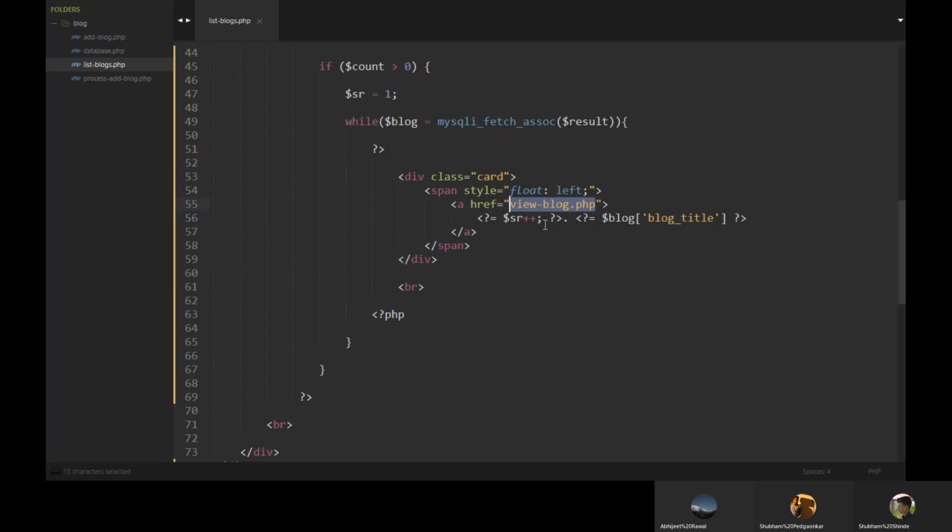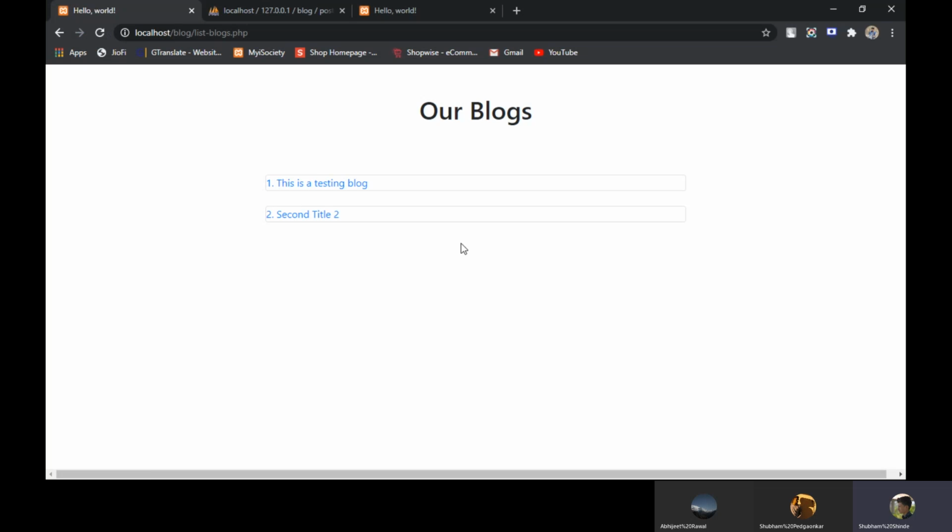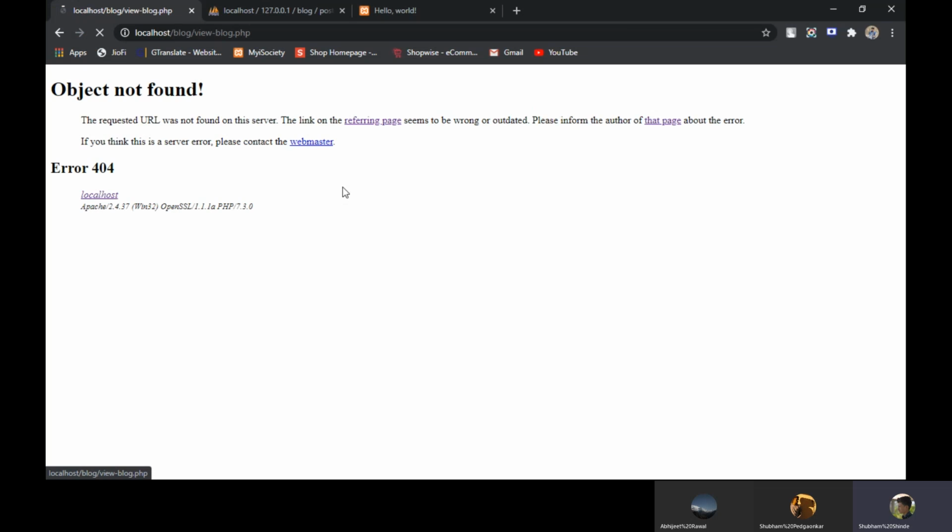We will pass the id for that particular blog, so we can fetch data based on that id from the database and print it. Okay, let's try this. It's saying object not found because we have not created that file, view-blog.php. Let's create this.